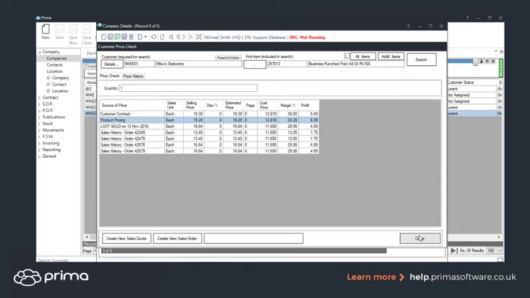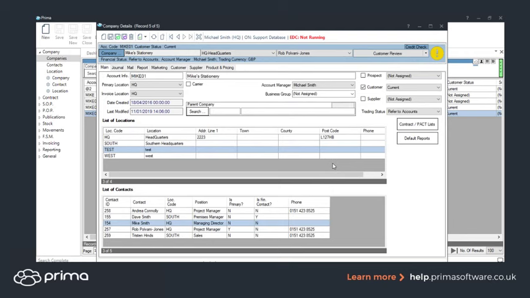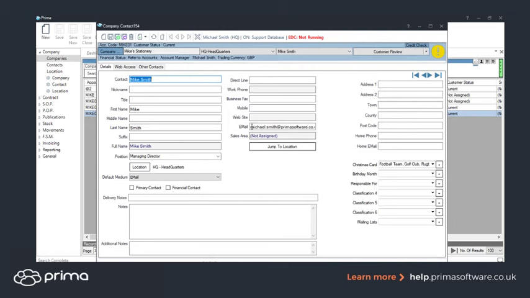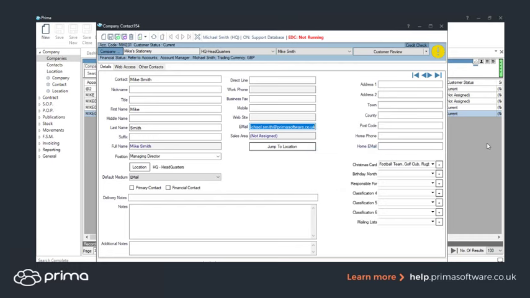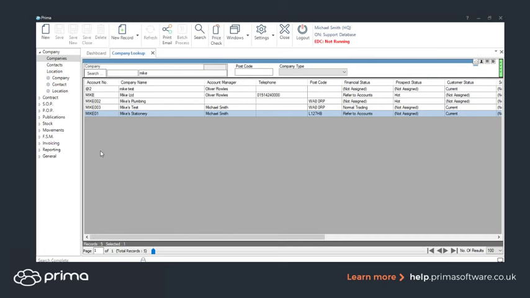Now if it isn't working and you've price checked and the price seems to be fine, what needs to happen for the price check to work is the email against contacts must be unique. So if that contact's logging in and their email address exists somewhere else within Prima, then it may not work. So for example, easiest way to check, we'll just check against Mike's account, and this email here must be unique to this account, and if it exists anywhere else in a location or a company, then you will have a